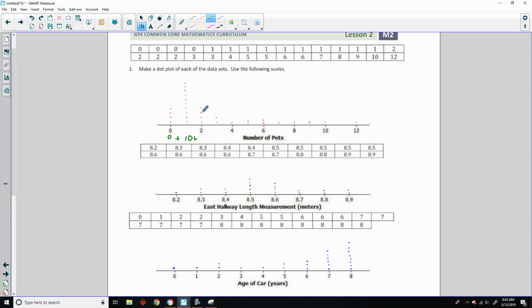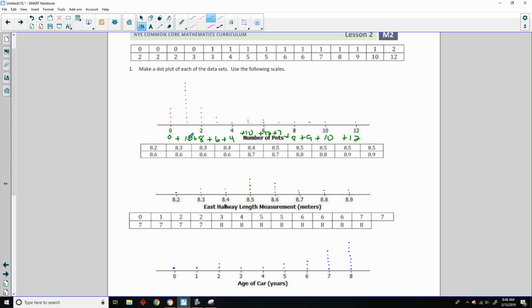And then 1, 2, 3, 4 twos. 4 times 2 is 8. And then 2 times 3 is 6. 4 times 1 is 4. 5 times 2 is 10. 6 times 2 is 12. 7 times 1 is 7. 8 times 1 is 8. 9 times 1 is 9. 10 times 1 is 10. And 12. Okay, so it makes it a little bit easier if you have a lot of data to do